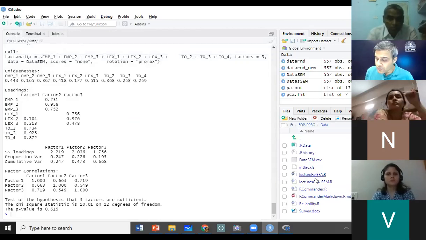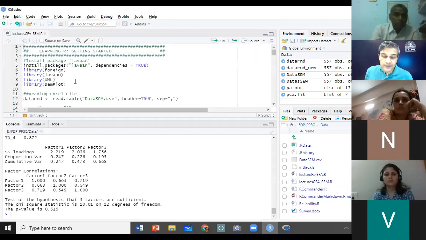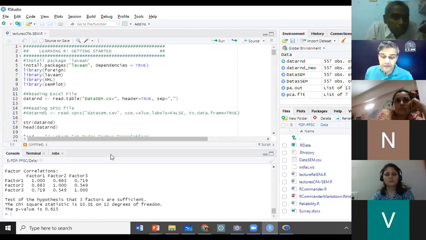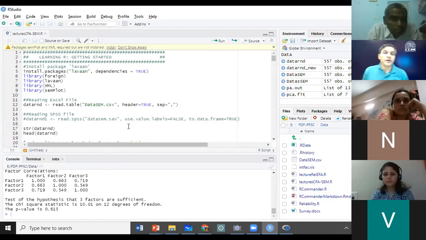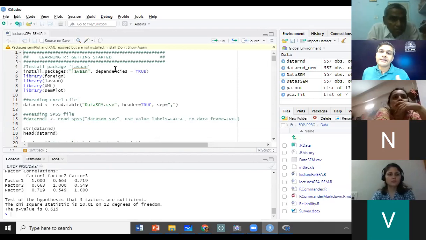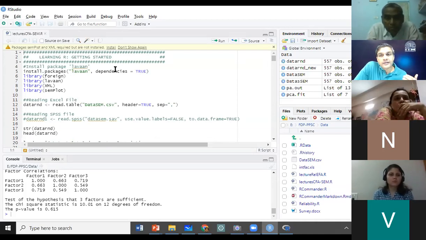So let us open this next script, which is lecture CFA SEM.R. You all are seeing this file. Now, for SEM and CFA, we will need another package. Up till now, we were working with R Commander and Psych.